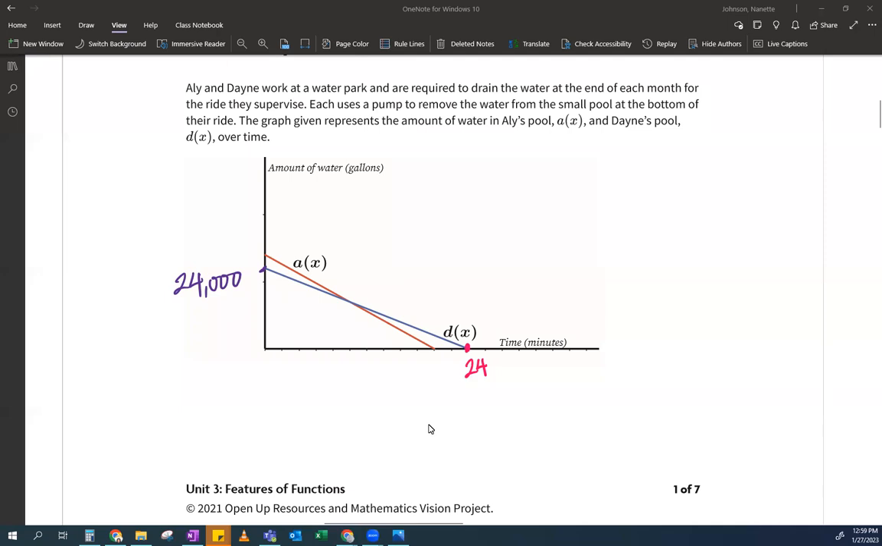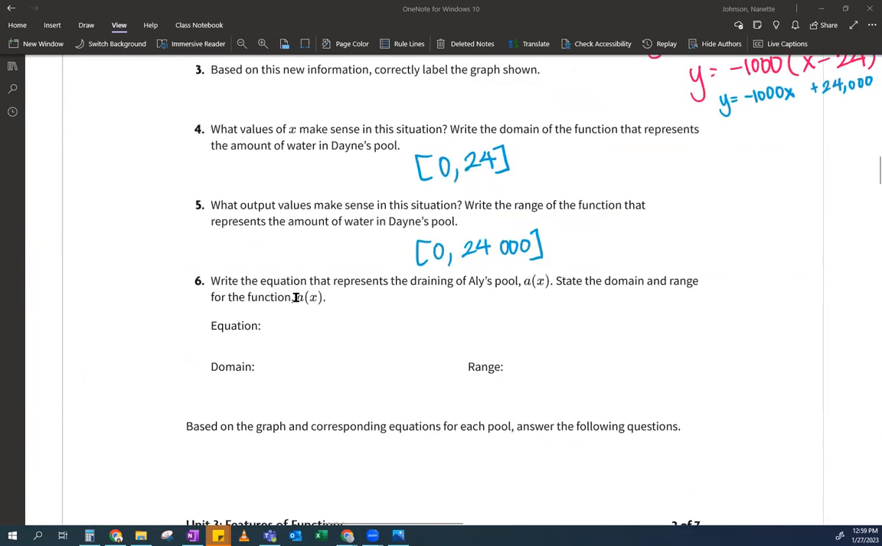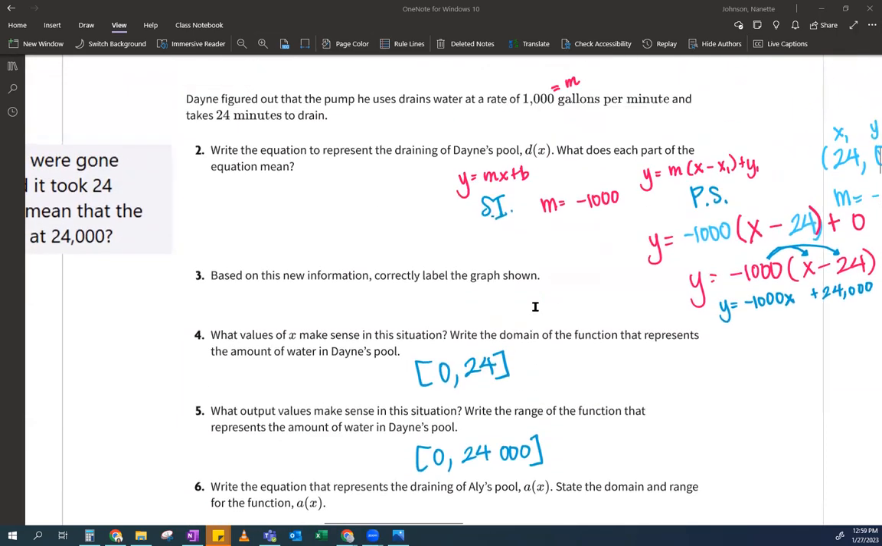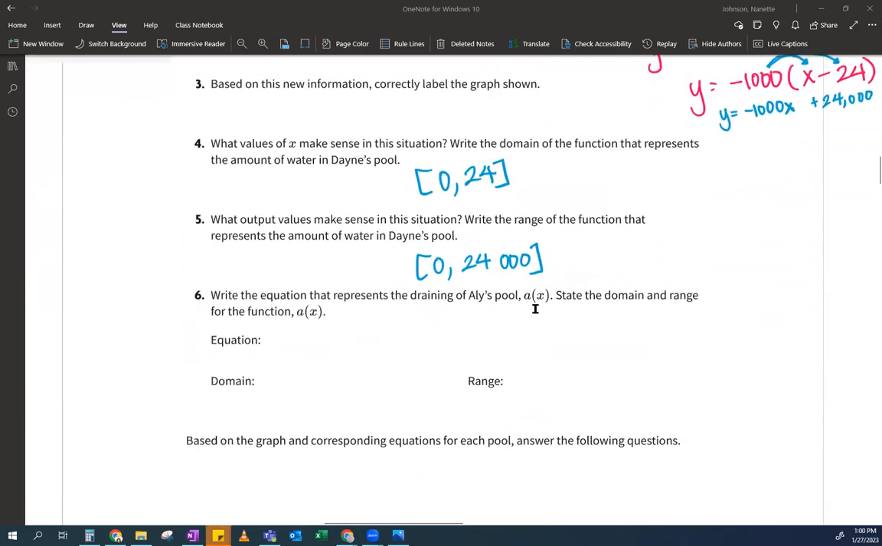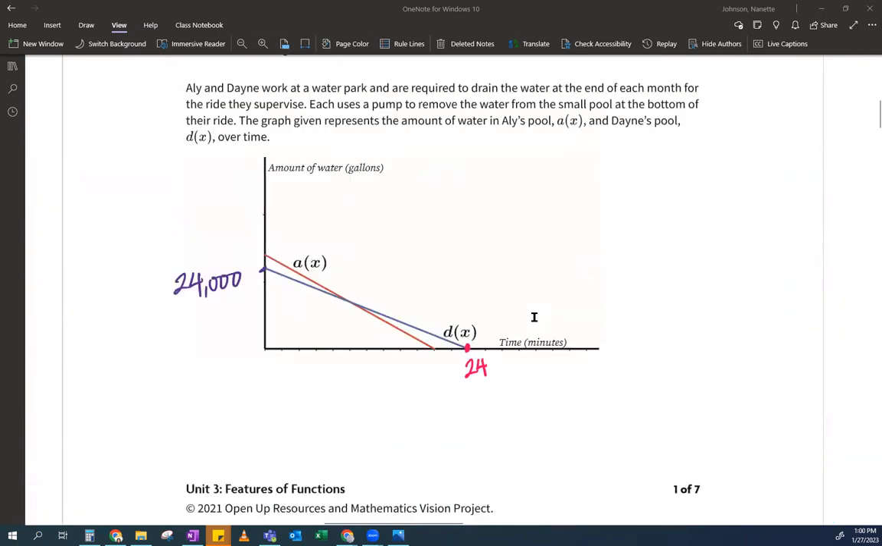We're going to be doing some math today. We are in 3.4 and we're still talking about Allie and Dane's pool. The next question that we're going to answer is this one. Write the equation that represents Allie's pool, like the draining of it. And at first I was like, wait, I'm lost. I don't understand. I feel like I'm missing information because they didn't give us any information about her slope